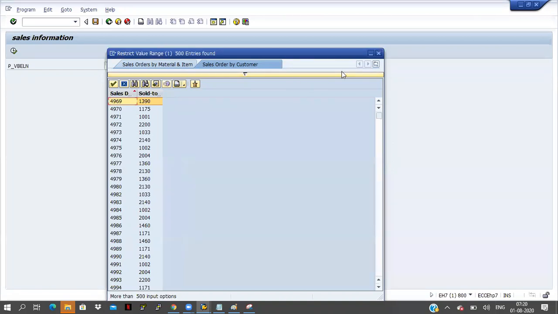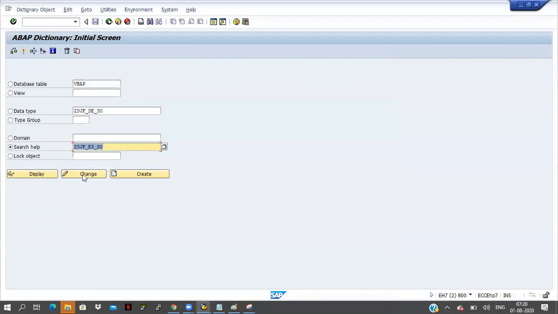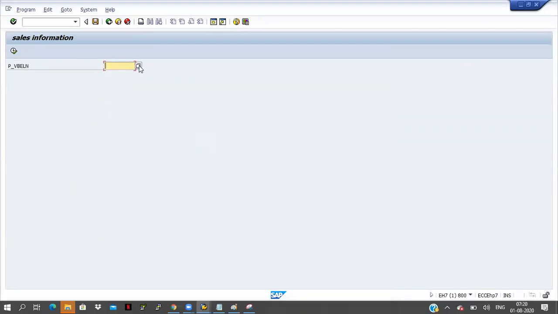You can bind 10 elementary searches into a single collective search help. And here you are providing something: hotkey A for this one and hotkey B for second one. Right? So fine. If I click on this F4 button,